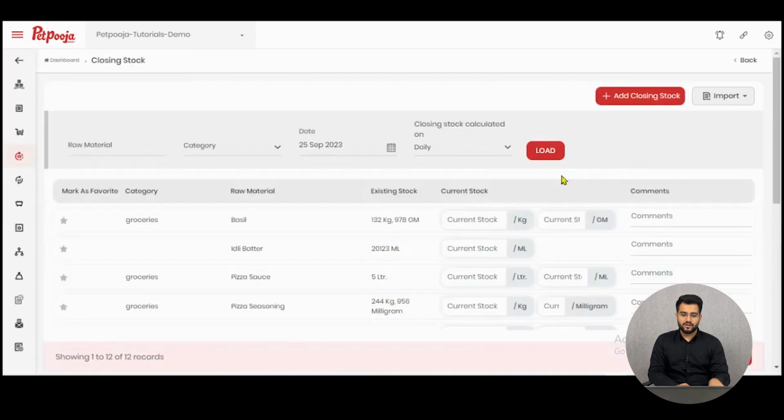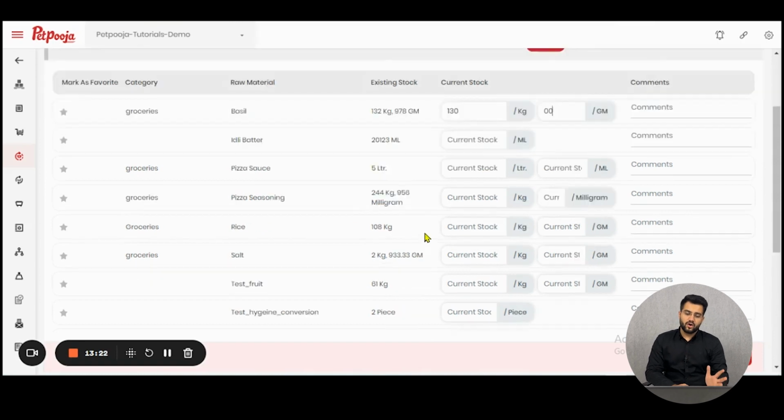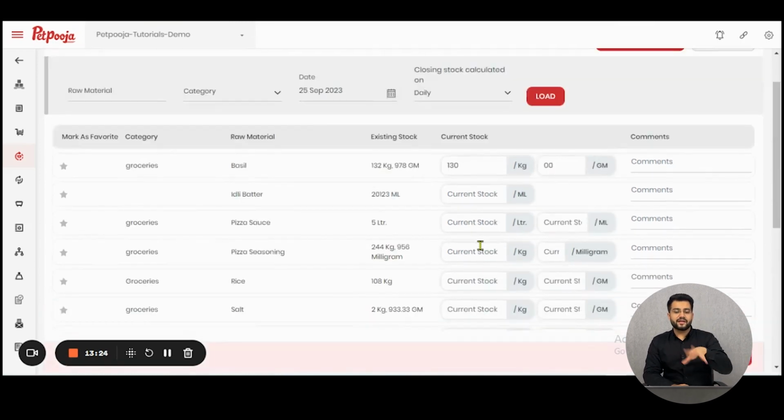The closing stock. As explained earlier, this is the existing stock of the inventory. Now, once the operations got over and you go and check the inventory at physical level, you found that instead of 132 kilograms, it is only 130 kilograms which is present with me right now. So I can put in all this information here,